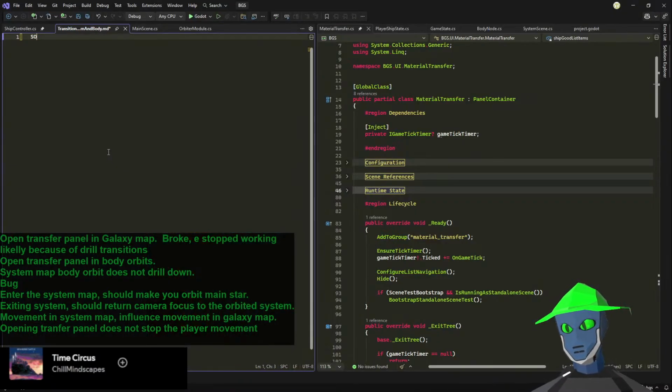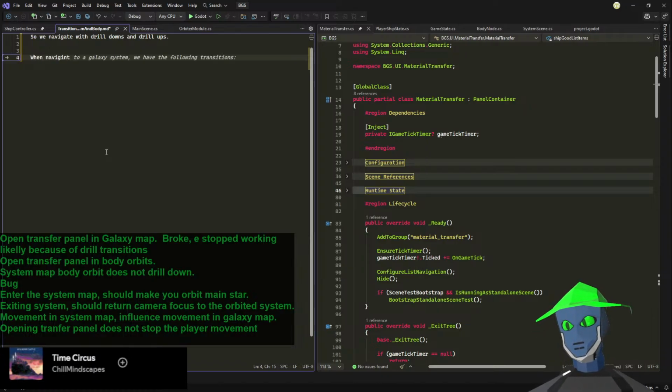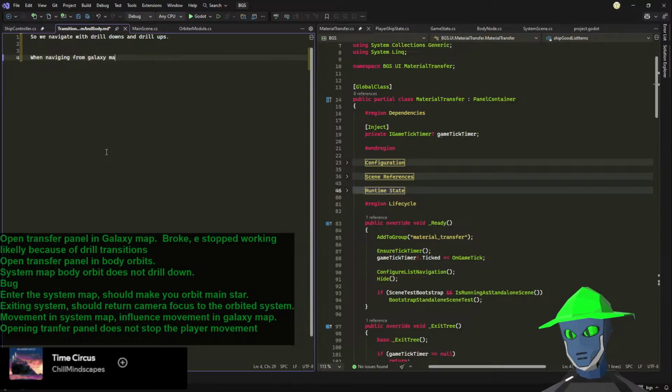So we navigate with drill downs, drill ups. When navigating from Galaxy Map to System,